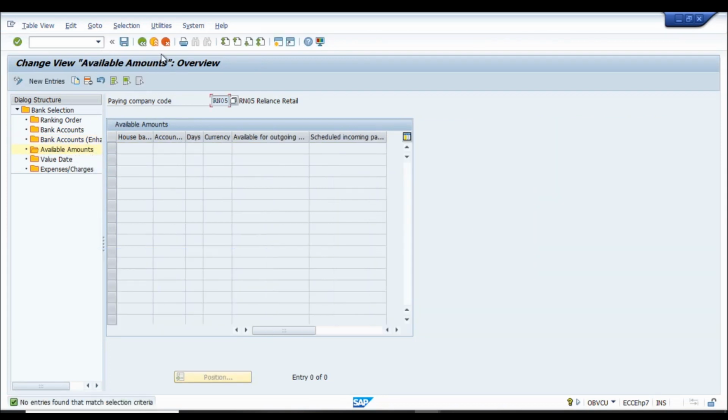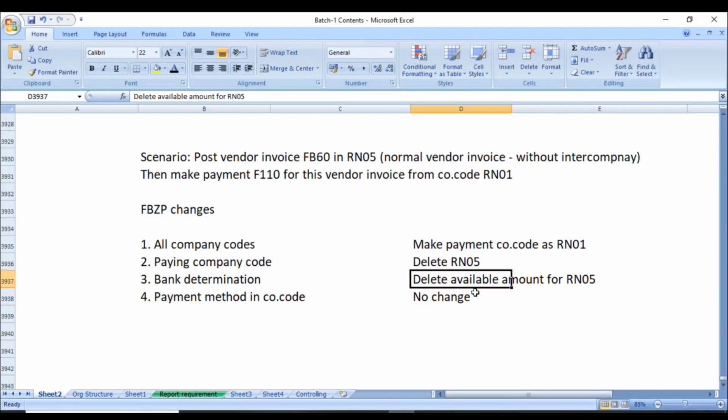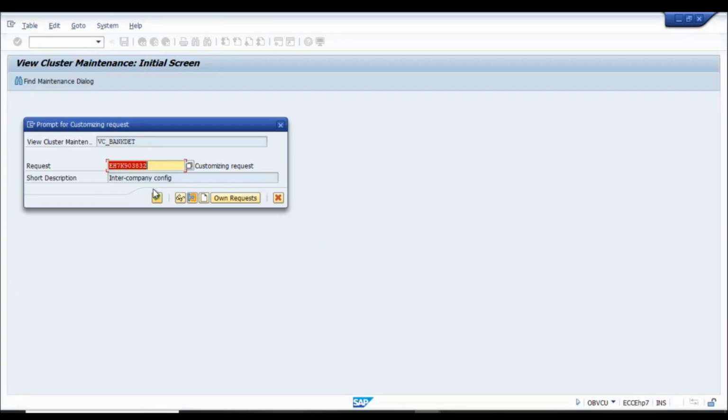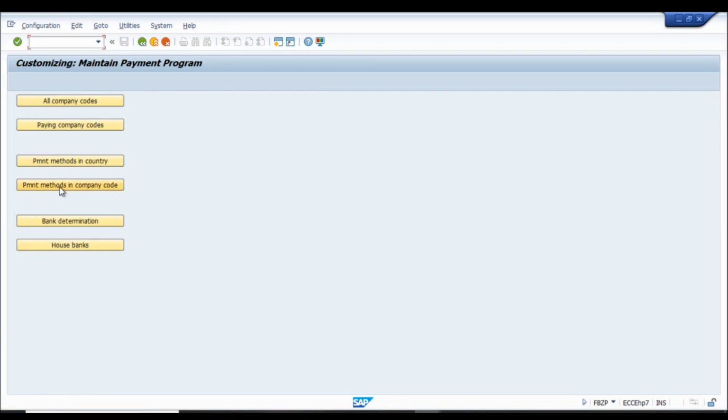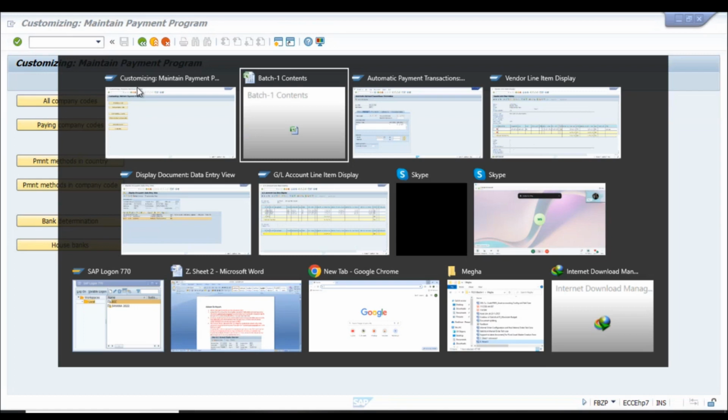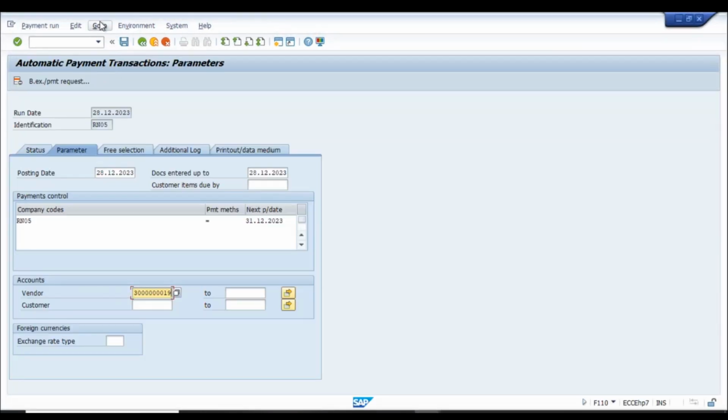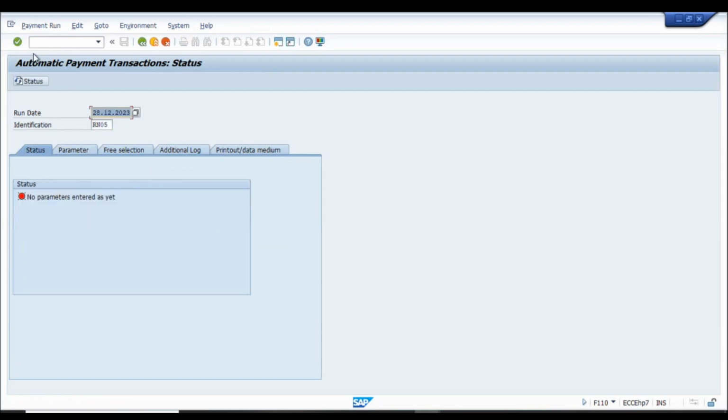Available amount we have done. Okay, so bank determination done, payment in the company code should be fine. Country also should be fine. Now let us start from the beginning, delete even parameters, and